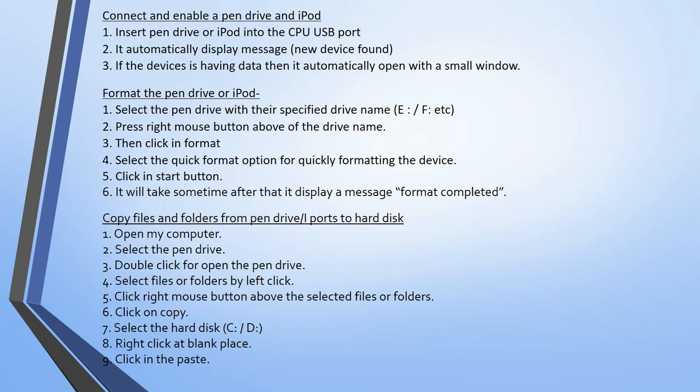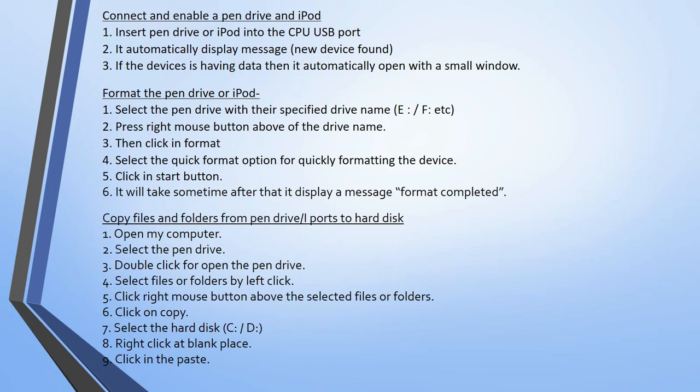So first you have to collect the pen drive, then insert that pen drive or iPod into your CPU USB port. When you insert that pen drive into your USB port, it automatically detects it and shows you the message as new device found.